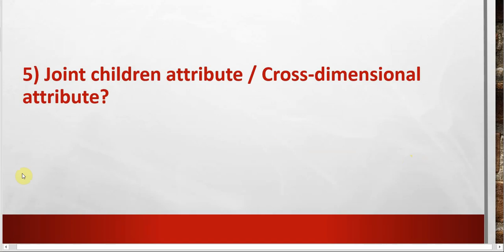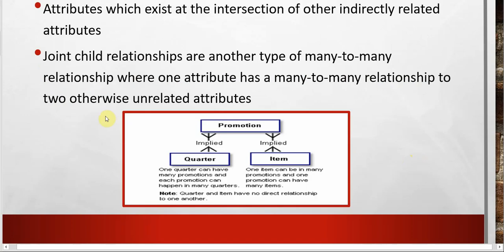The fifth question is: what are joint child attributes or cross-dimensional attributes? These are attributes which exist as the intersection of other indirectly related attributes. Joint child relationships are another type of many-to-many relationship where one attribute has a many-to-many relationship to two otherwise unrelated attributes.